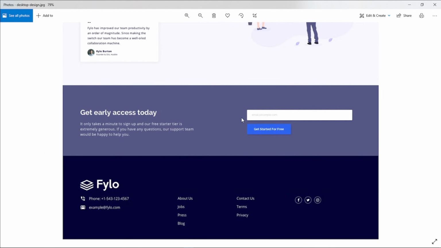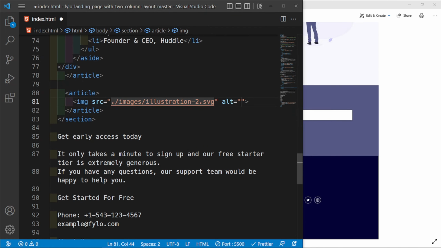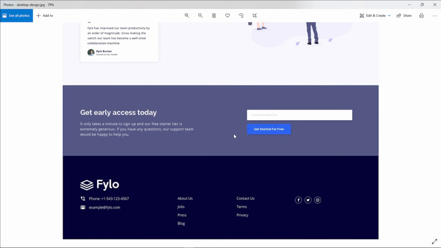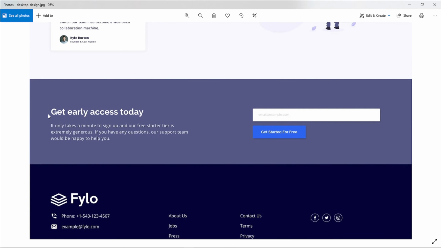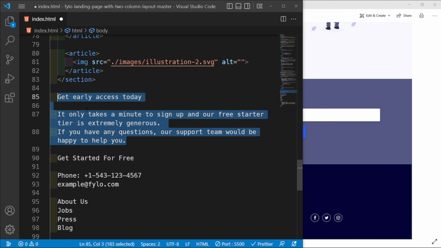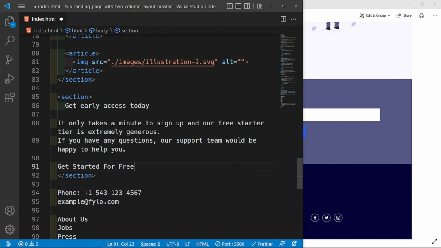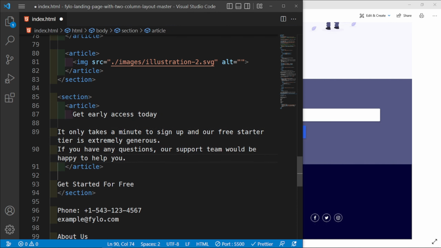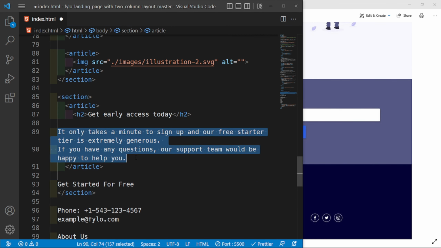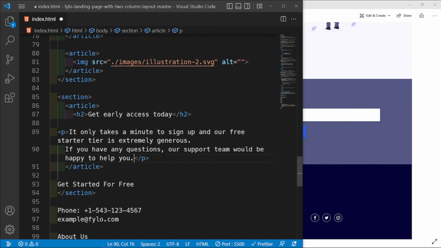And then we have this call to action. So for our call to action, we have this part that says, this is also a form. Okay. So it says get early access up to help you. So get early access up to help you, this part. I know what am I even doing? It's just this entire thing. Cut it out, place it inside a section, paste this in, and then cut this out, place it inside an article, and then this can be an h2, and then this is going to be paragraph text,